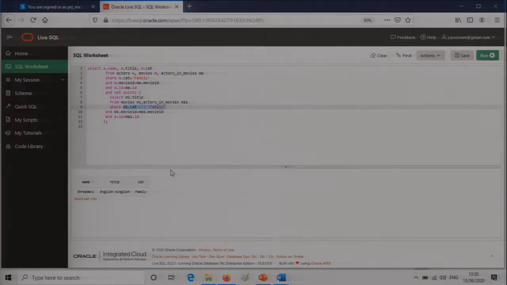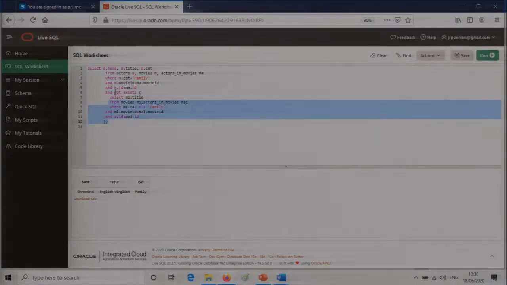So we are looking at people who have acted other than in the family category and we are just deleting them. Supposing this was giving you 10 rows of output, then 5 of them have already worked in some other category also. Those 5 will be extracted out because of this subquery that has been written here in NOT EXISTS. So what will be the ultimate output? Only 5 people who have worked purely in the family category will be displayed.